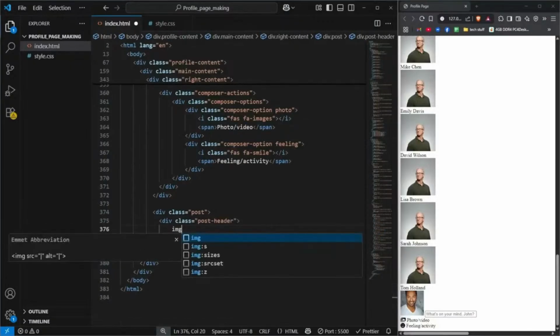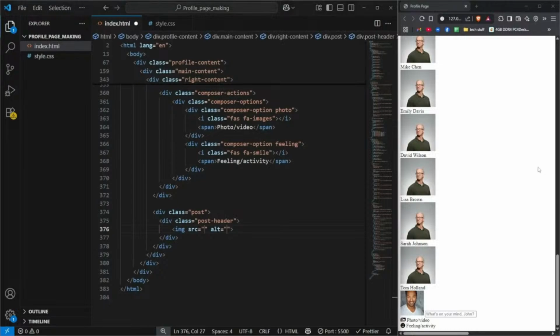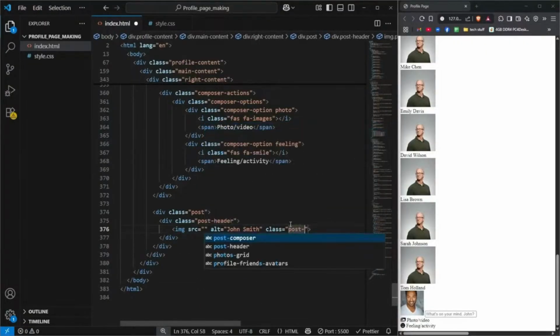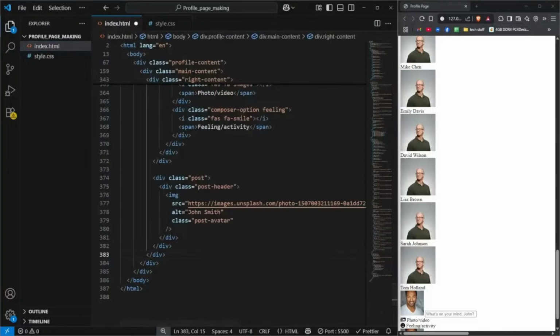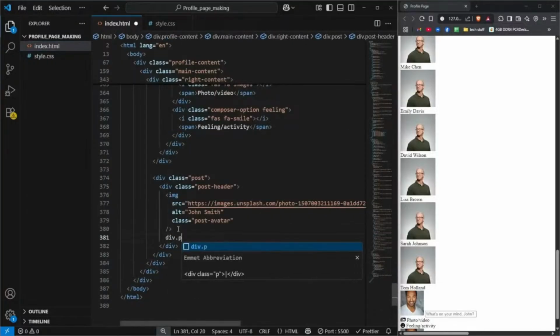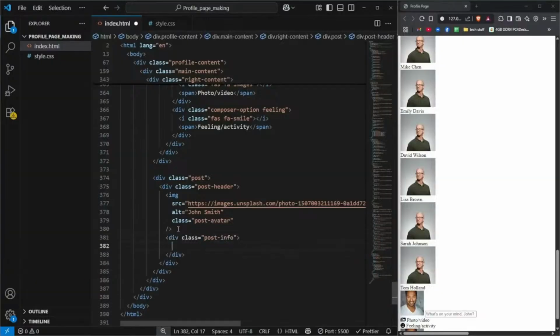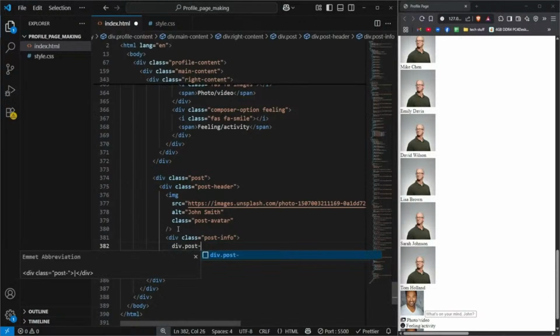Make an image of that and just copy our source quickly. But before that, I'm going to give a John Smith. I also have a class for that saying post avatar to style it. Paste that, format the document. And after that, also give another div of post info just like that, and give a div of class post author,